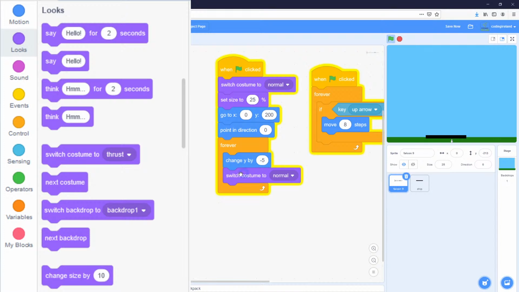change Y by -5. The reason we put the second one in is when we press the up arrow, we're actually going to change it to the thrust costume. And then when you release the up arrow, we want it to change back to the normal costume, and this one will do the job for us. So I'll just check there. Now it's not doing the thrust costume just yet because we need to program that, but it is the